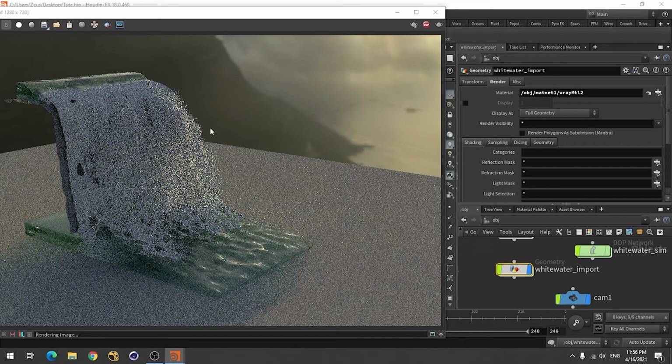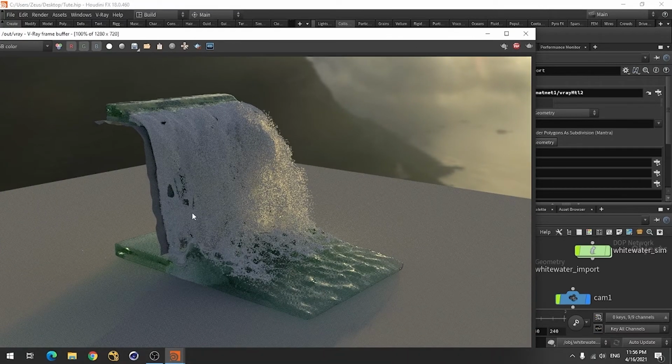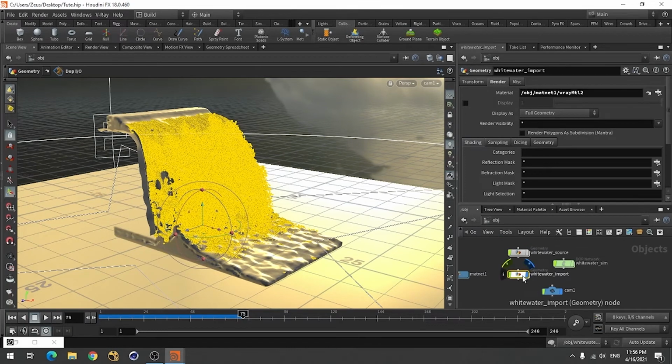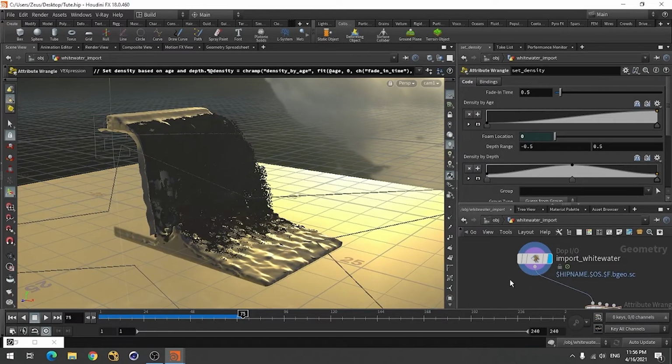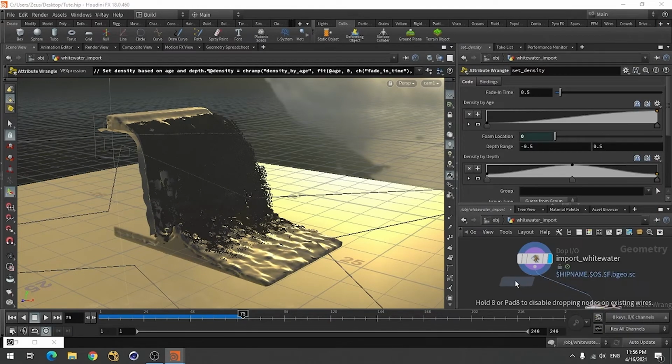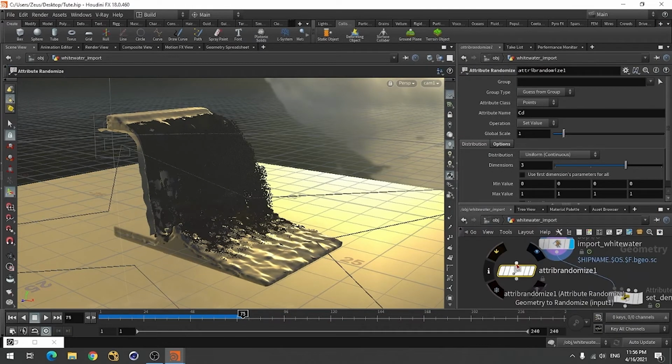And see, it has a very high particle count, so we can decrease this. Just use attribute randomize to control the size of these particles,